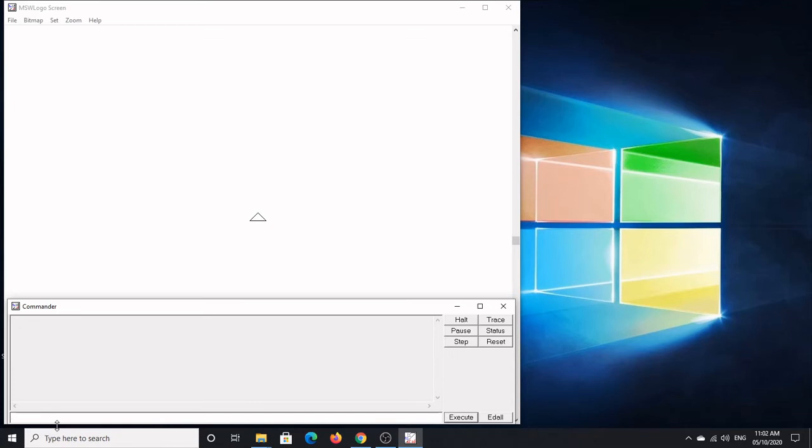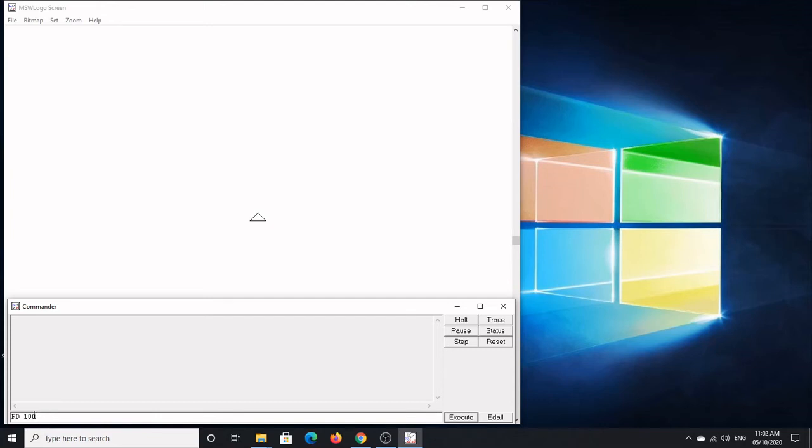Now suppose I am typing the command over here, FD 100. This is my command. This command will move the turtle forward. FD stands for forward. So this FD is the command. It is also called a primitive, and this 100 is the input. You have to tell the computer, tell logo, how many steps the turtle should move. So it is going to move forward, and how many steps? 100 steps forward it is going to move.